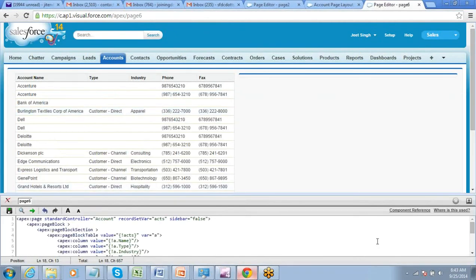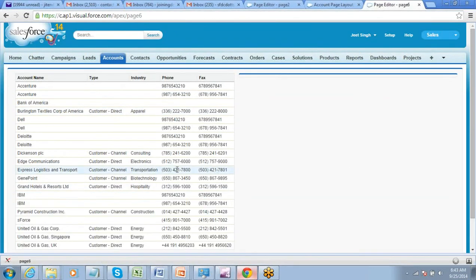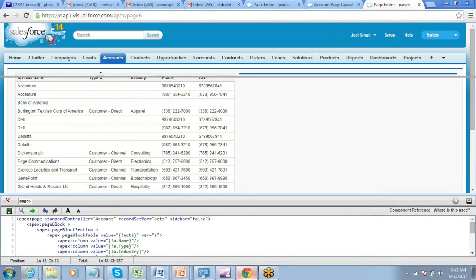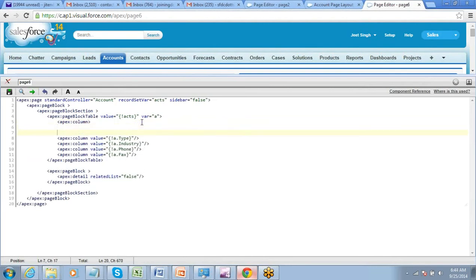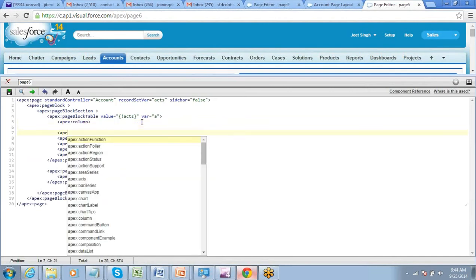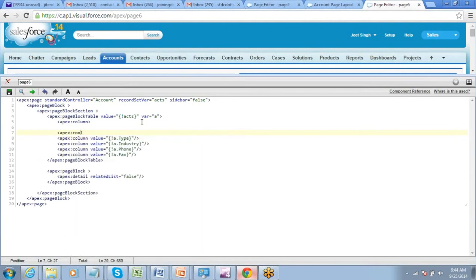So first thing, to do that, we have to convert this into a link. This account name needs to be converted into a link, because if it's a link, then only I can click on it, right? So we will go to that account name column. Inside the column, you will just need to create the link.